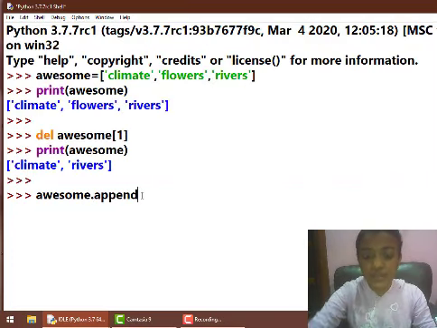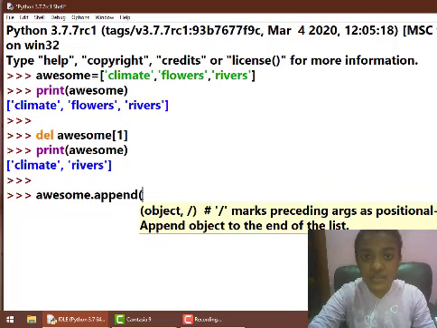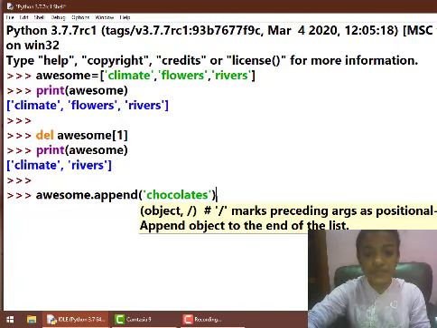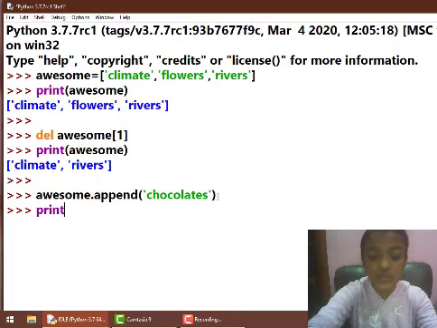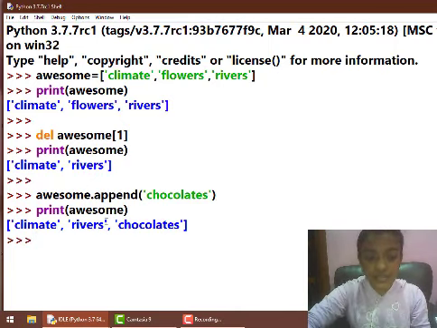After this append, you have to open your parentheses and type in what you need to add to your list. For example, if I need to add chocolates to my list, I type chocolates within quotes and then close my parentheses. Now when I press enter and ask Python to print awesome, yeah, it prints the list which includes chocolates.